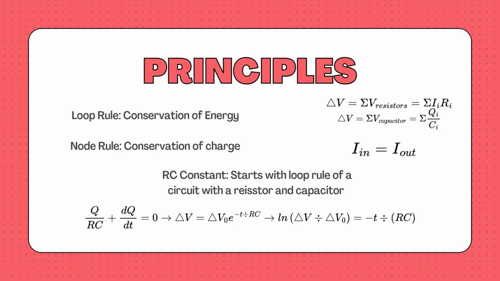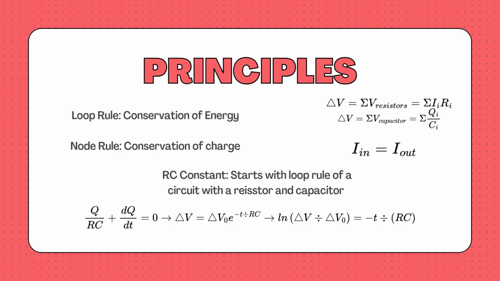So for some principles that are important for this lab, loop rule or conservation of energy are these first two equations. Delta V equals the sum of the voltage of the resistors, which is equal to the sum of I times R. Then for the capacitor, it's the sum of Q over C. For node rule or conservation of charge, we have I in is equal to I out, or I in minus